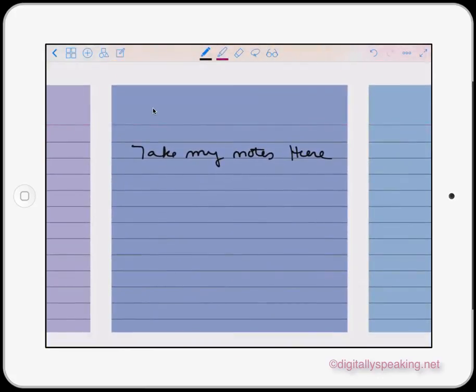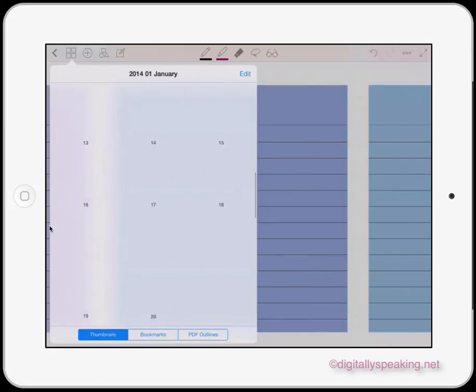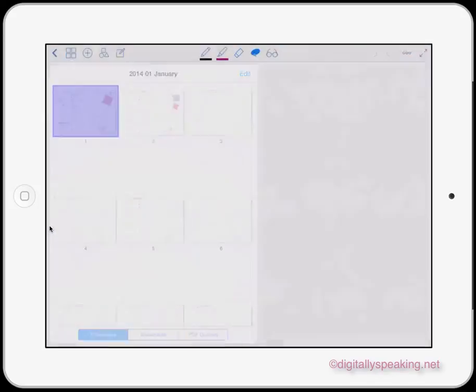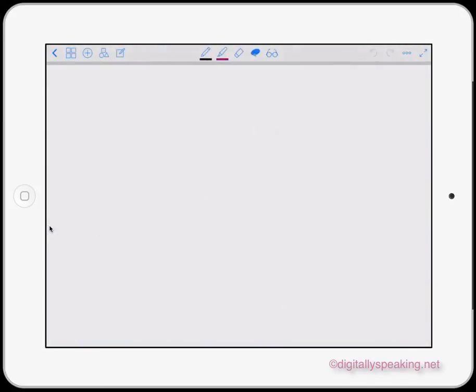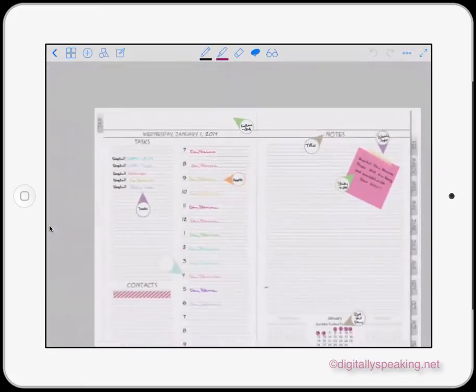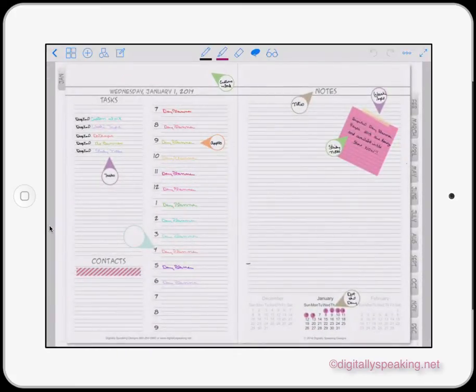And then what I do is I do a quick screenshot just by tapping the on-off switch and the home button simultaneously. And you see my screen flashes. So now I know that I got a copy of that in my photo roll, my camera roll that's on my iPad. Okay, so I come back to my day planner page